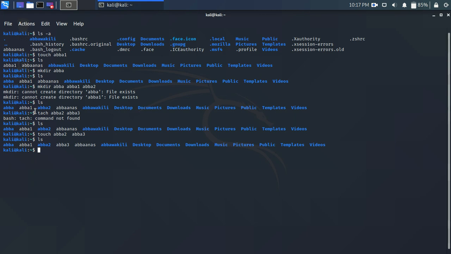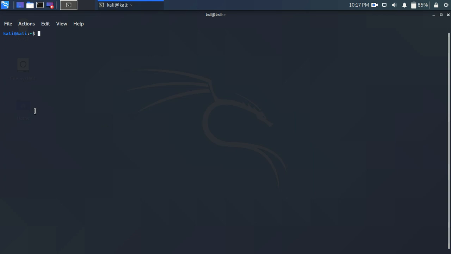So when I want to write something inside these directories that I create, I'm going to use nano. Nano is an editor. You can use whatever you want to use. There is nano, cat, and you can also use cat to write inside a file. For example, let me take this abba1. I want to write something inside it. I'm going to use, let me take abba3. Let's say nano